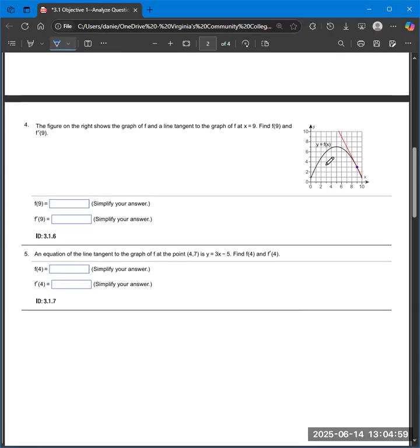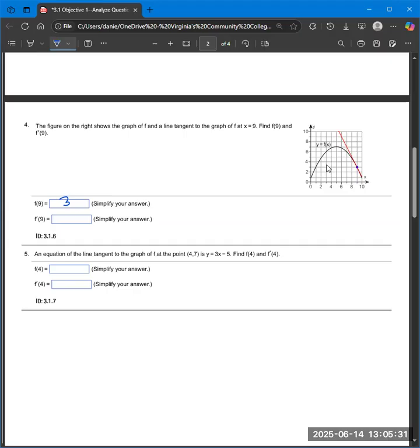The figure to the right shows a graph of f and a line tangent to the graph of f at x equals 9. So our a value there, just think a equals 9. Find f of 9. So let's look at the graph. It looks like it's 3 from the graph there. f prime. Well, let's